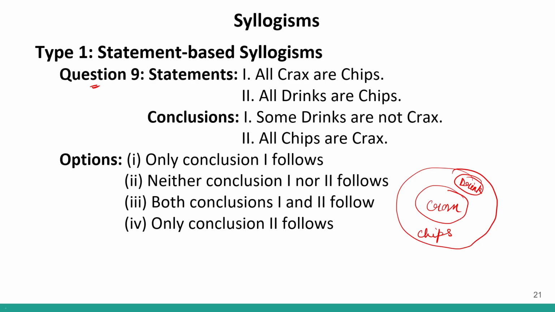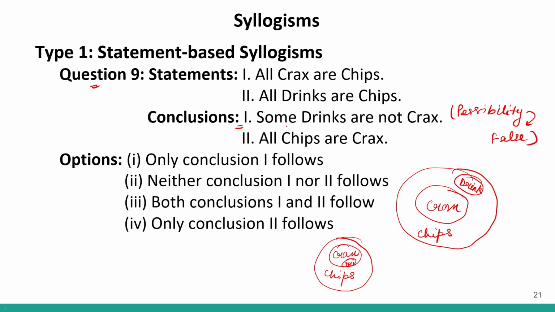Based on this, let us look at the conclusions. Conclusion 1 says some drinks are not cracks. This is a possibility. If I draw the diagram like this, this is my chips, this is my cracks, and this is my drinks. Let's say the diagram looks like this. So let us look at the statements. All cracks are chips. We have completed this. All drinks are chips. We have completed this as well. So some drinks are not cracks. This is a possibility, but because it is not mentioned as a possibility, it is just mentioned as a conclusion, therefore this will be